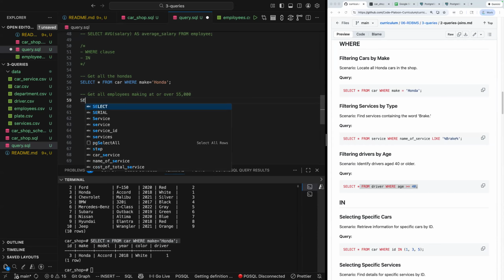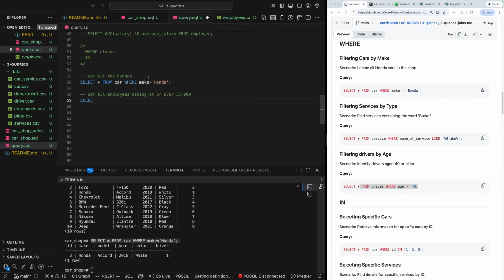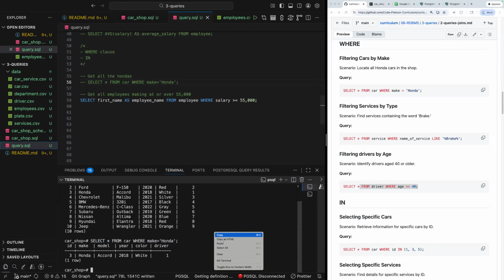And I could say select, and let's grab our employees by name, and they have a first name and last name. So let's select first name, and let's just call this employee name from employee, where salary is greater than or equal to 55000. And fingers crossed, I can now run this query